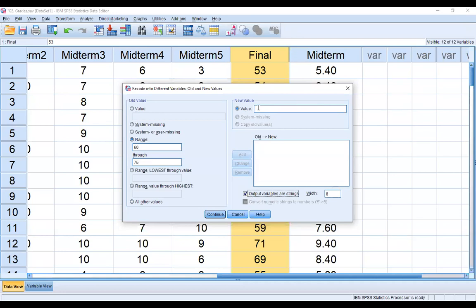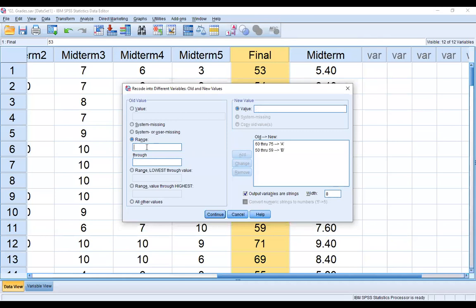So here now I can write the A and then add. And the second category, 50 to 59, those who obtain marks between 50 to 59, they will get coding B, grade B, and then after entering B, add.